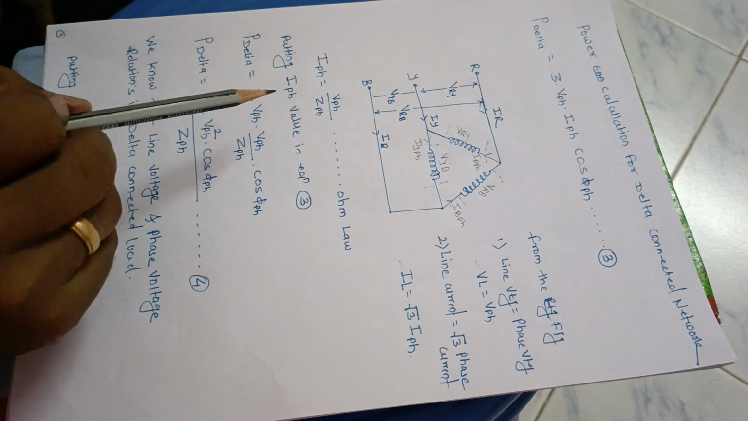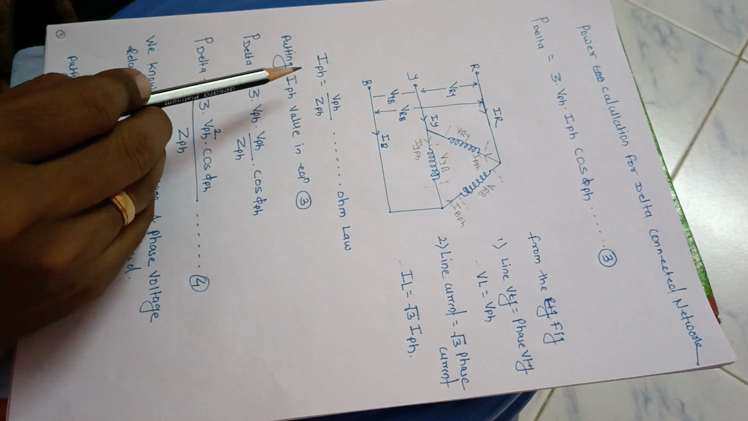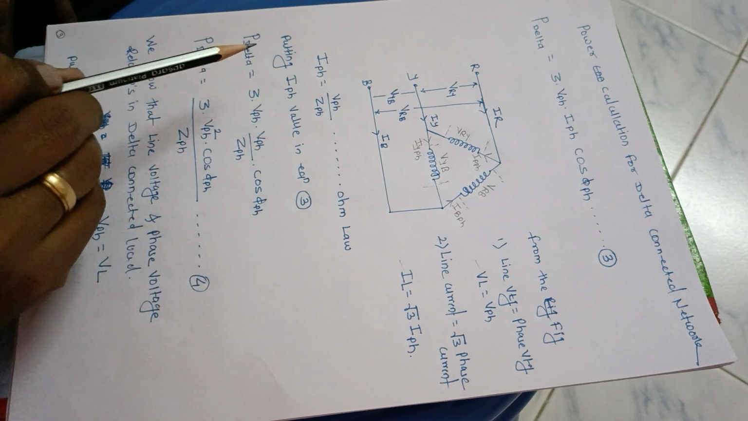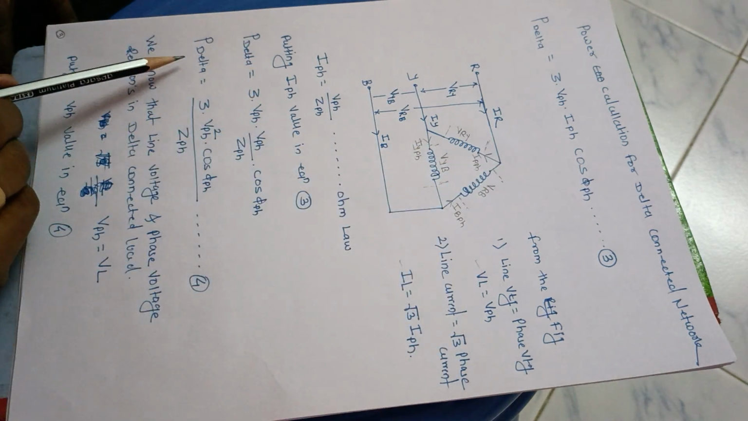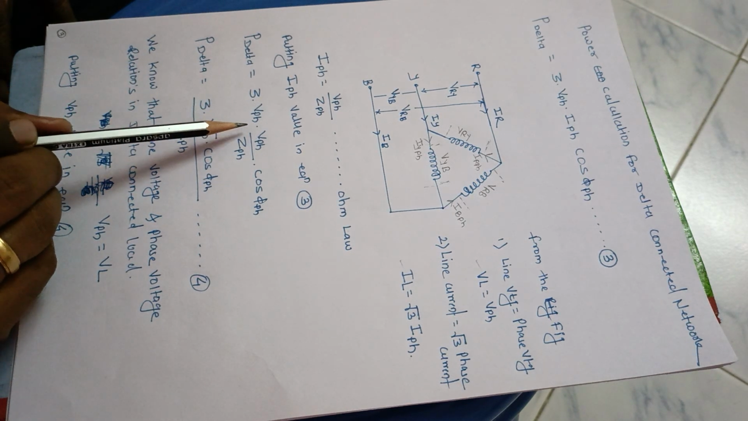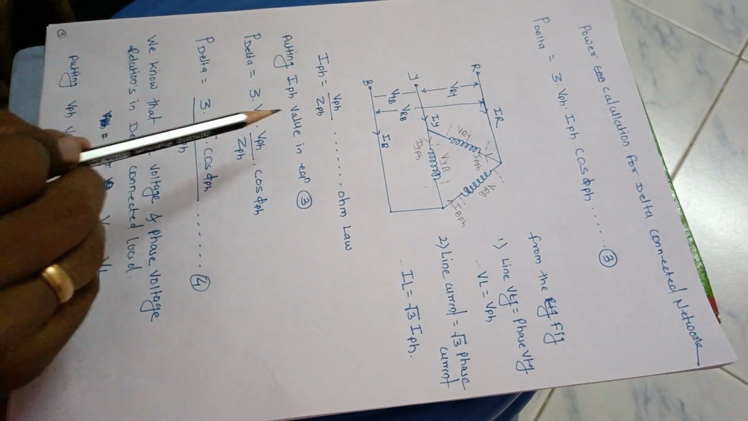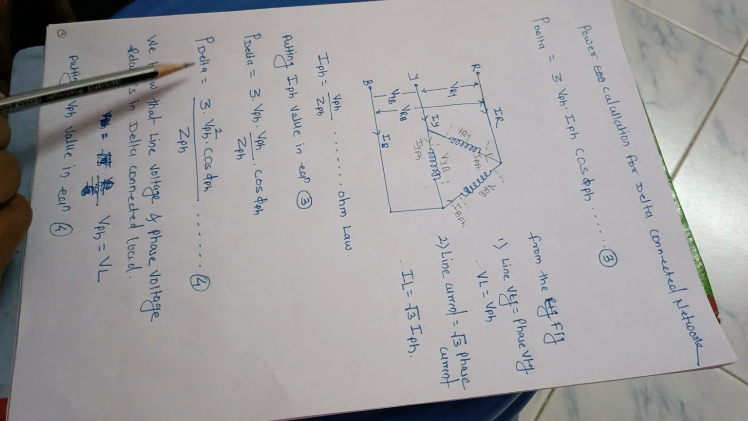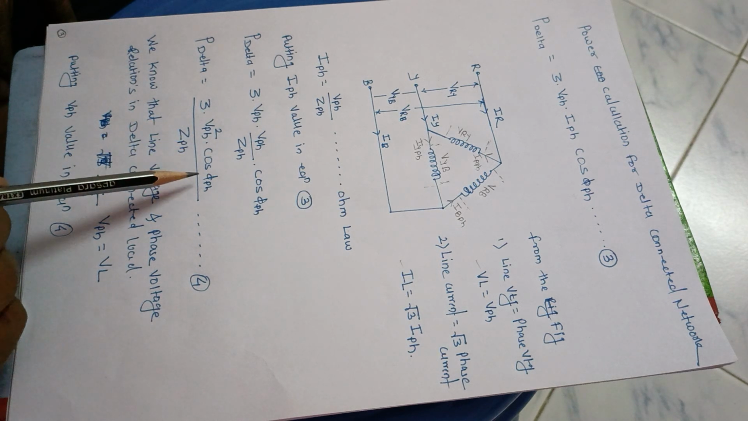Same as we calculated for star connection, here we also consider that IPH is equal to VPH upon ZPH, that is the simple Ohm's law. By putting this value in equation 3, replacing the current with VPH upon ZPH, we get the power of delta as 3 into VPH square cos